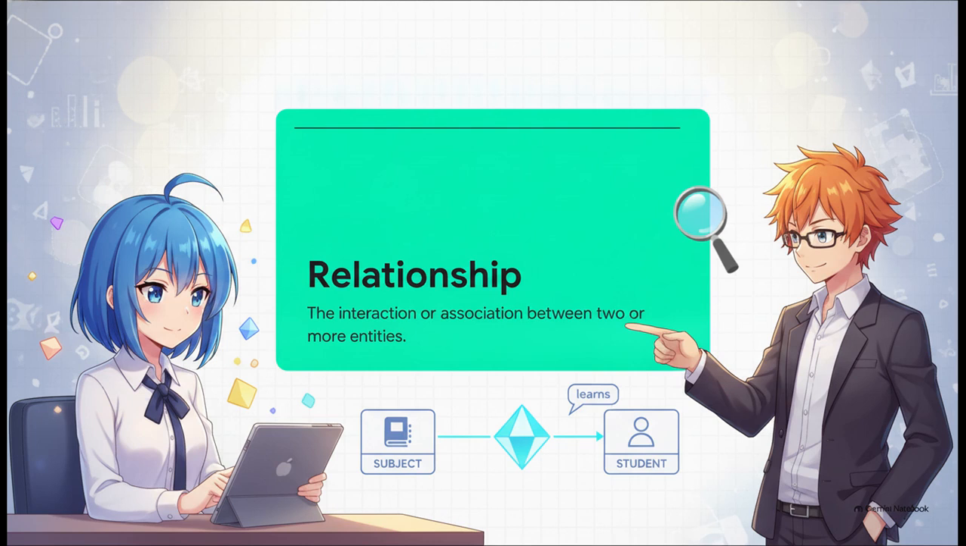Relationships. And just like you hunted for nouns to find your entities, now you're hunting for verbs. For example, a student learns a subject. That action, learns, is represented by a diamond shape in your ER diagram, and it completely dictates how those entities